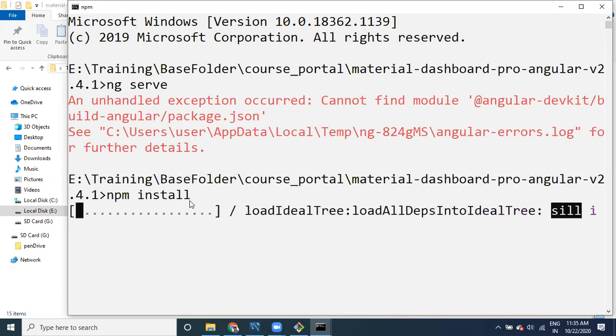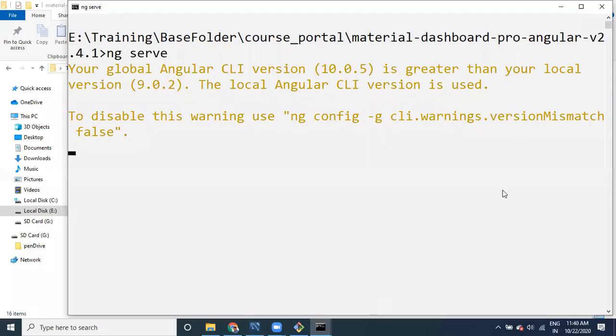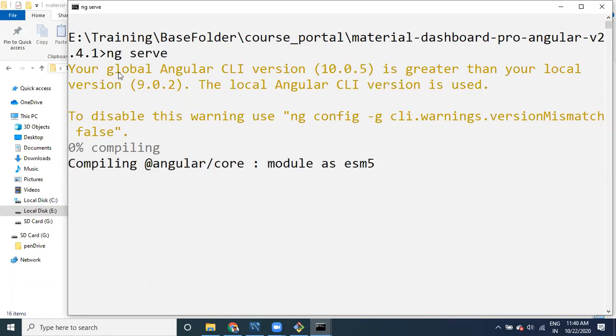We are going to keep only the things required. The code and configuration data will be available on the server. It is not recommended to store larger, unnecessary files. See here, guys, these things are going to get installed by this command. After finishing that command, you may get some warnings. You can neglect them, and then you can say ng serve.